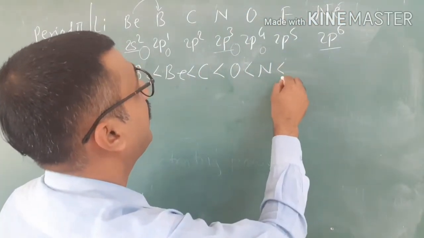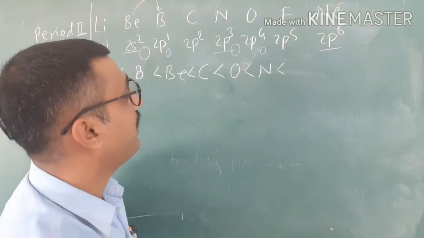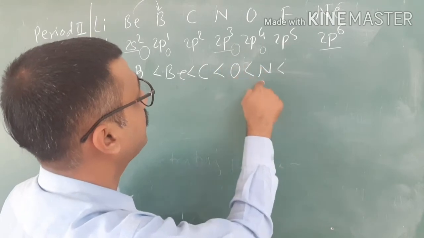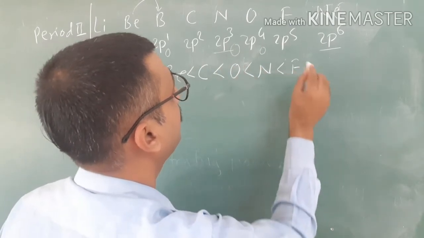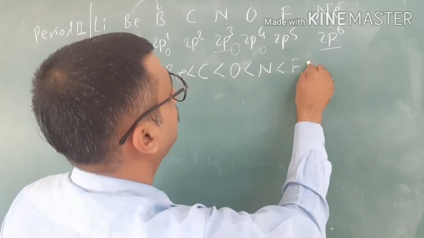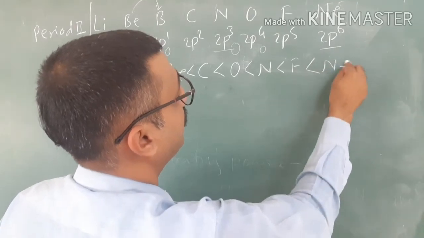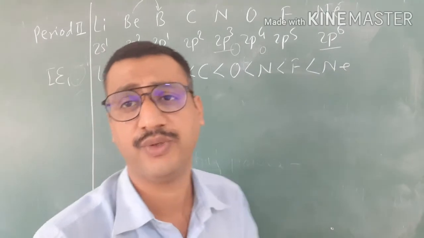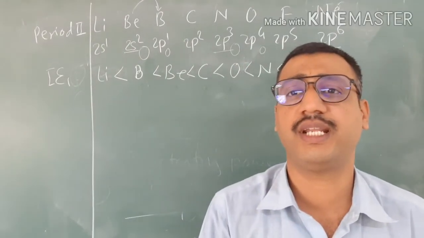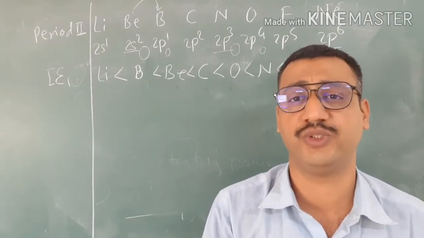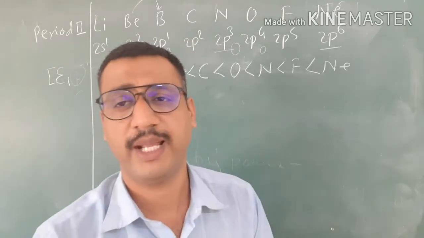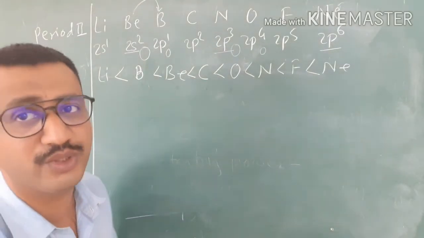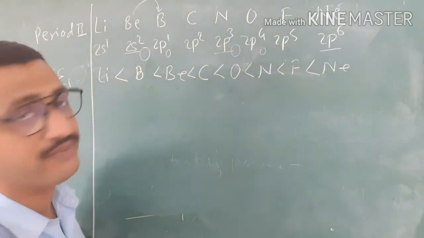After this, after the nitrogen, what do we have? After nitrogen, the sequence is fluorine, and lastly here we have neon. Neon having 2p6 means the highest ionization potential value. So this is about the trend of first ionization potential values. Okay, students, perhaps you should see the video repeatedly, then the things will be clear for you. If you have the basics of this, then it's well and good.